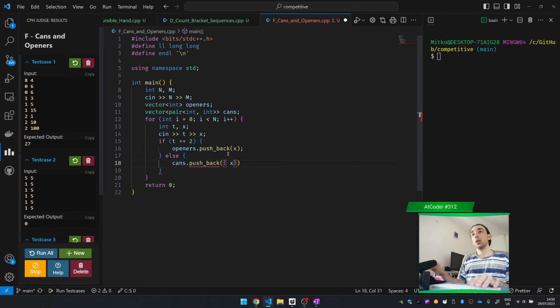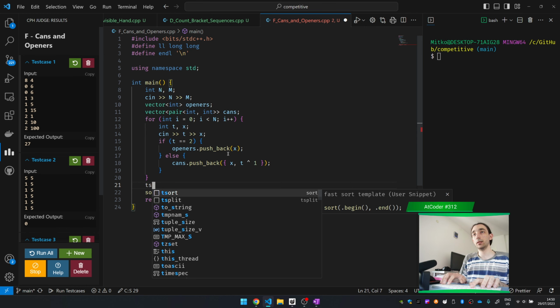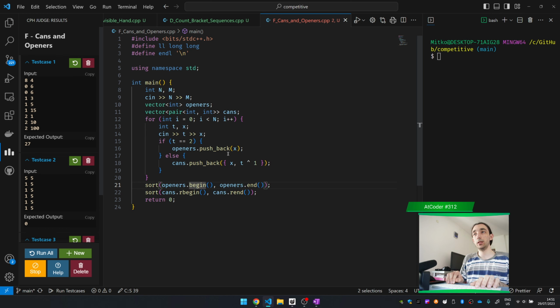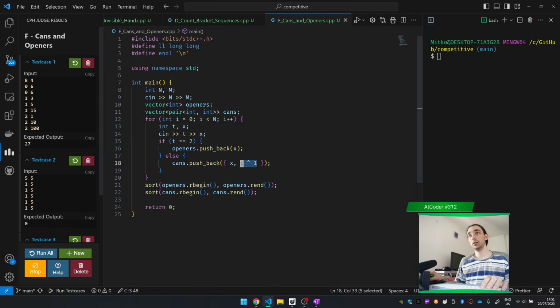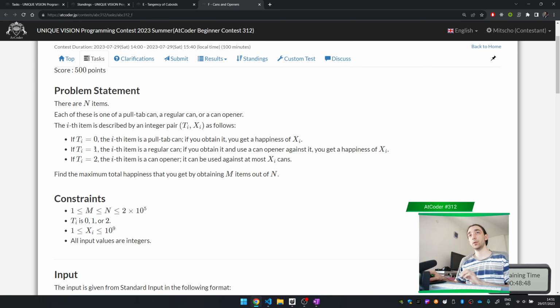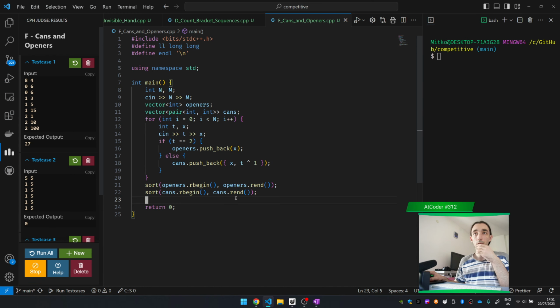So I will do x, then t, and then I will flip t by 1. So I can sort the cans in decreasing order, and also the openers in decreasing order. This will sort first decreasing x, and then decreasing t, which means first the pull tab and then the regular. Okay, and then